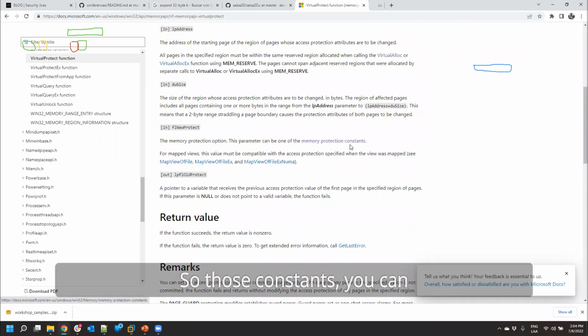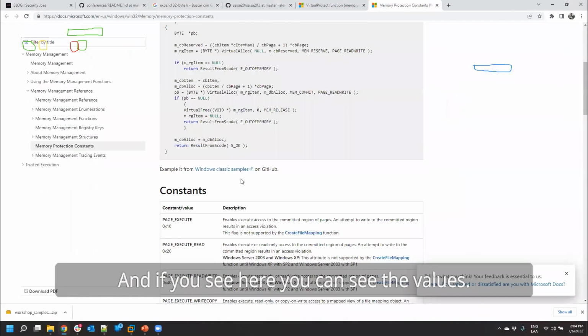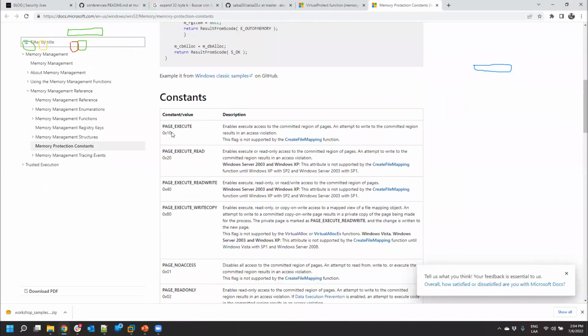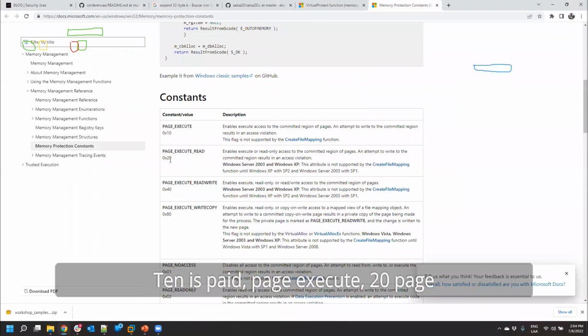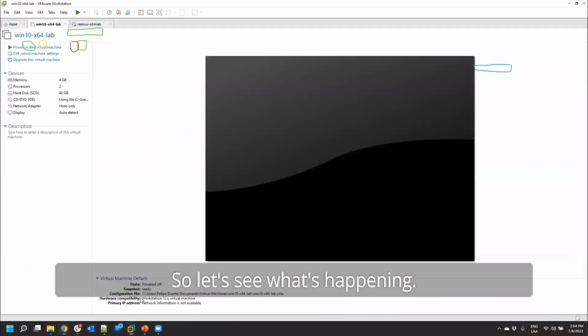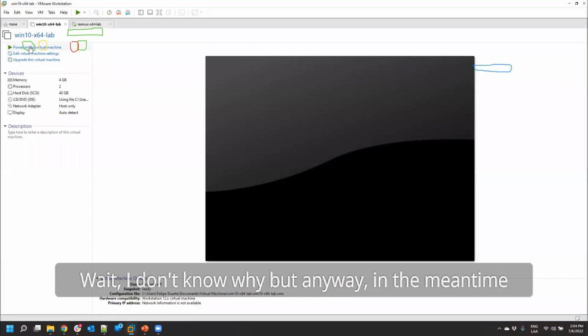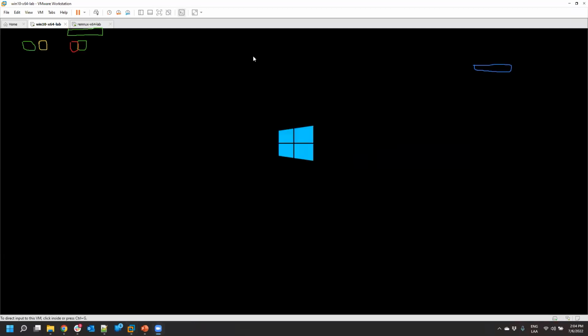So those constants, you can get those here, memory protections. And if you see here, you can see the values. 10 is page execute, 20 page execute read, 40 page execute read write. So let's see what's happening. Wait, I don't know why this just shut down. But anyway, in the meantime,